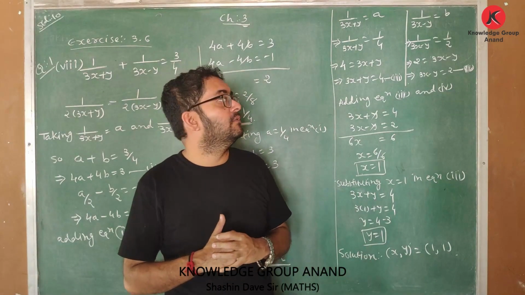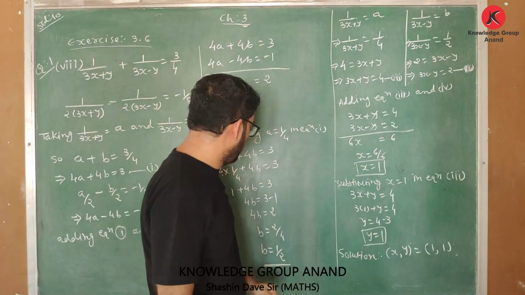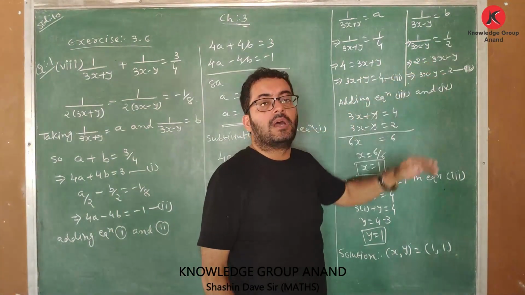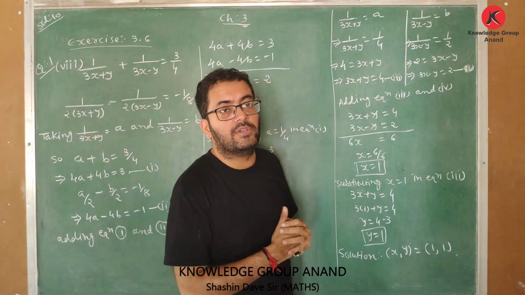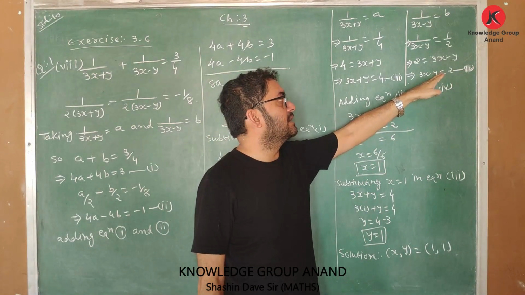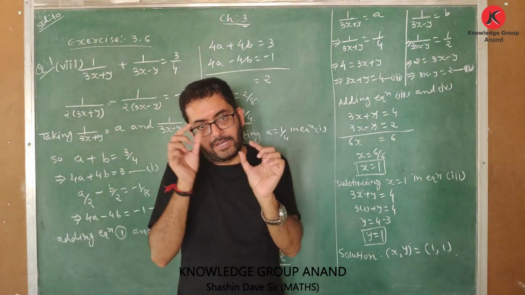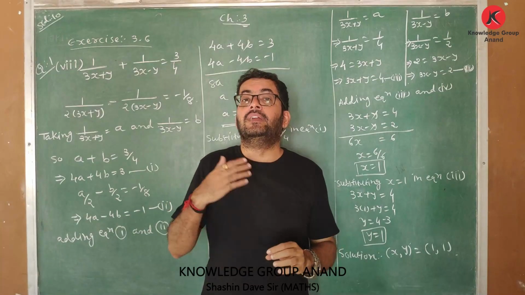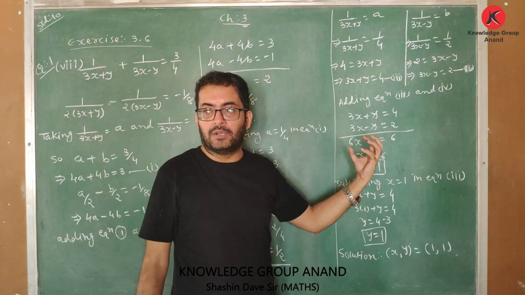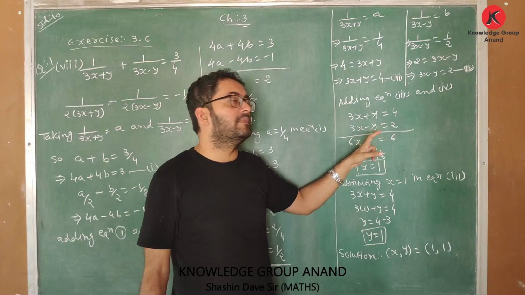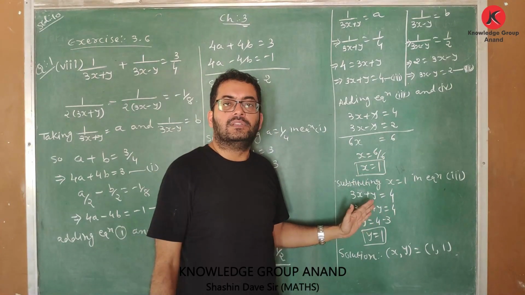The second part of assumption was for b. So I had taken 1 upon 3x minus y as b. The value of b was 1 by 2. After putting the value of b as 1 by 2, I got another equation. The other equation is like this: 3x minus y is equal to 2. I named that equation as equation number 4. So after getting two separate equations having x and y, we'll use the elimination method once again. By using elimination method once again, I got y eliminated. From that I got the value of x. And after getting the value of x, we'll get the value of y.